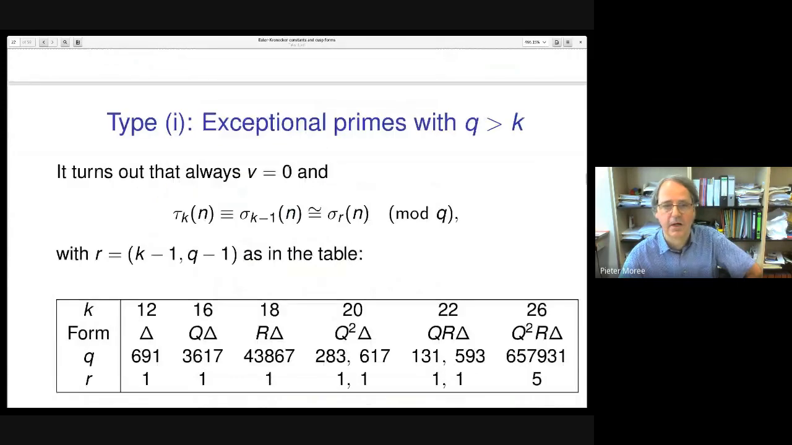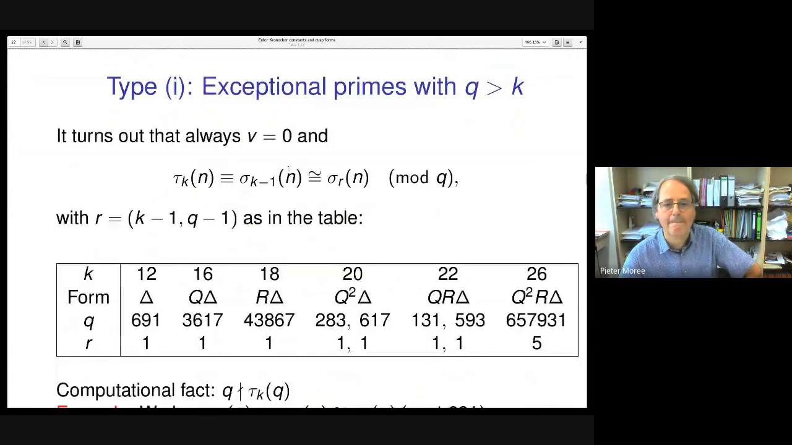So they were classified, and it turns out that there are two important subcases, namely where the prime q is bigger than the weight. So the example 691 is of that type. That's of course clearly prime, bigger than 12. And so it turns out that you have these cases, and